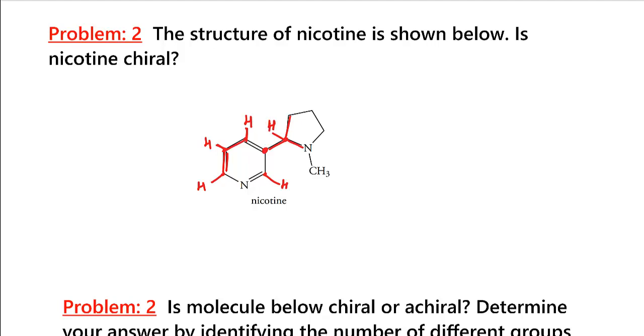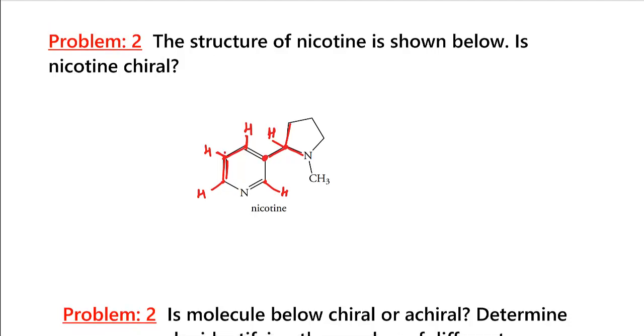So when I am looking for a chiral carbon, I am looking for a carbon that contains 4 different groups. But this carbon, in this case this one, this one, this one and this one, does not have 4 groups. So there is no point of looking. What about this? This has 2 hydrogens, so this is not a chiral carbon. This also has 2 hydrogens, not a chiral carbon. 2 hydrogens, not a chiral carbon. 3 hydrogens, not a chiral carbon. So the only possibility left is this carbon.